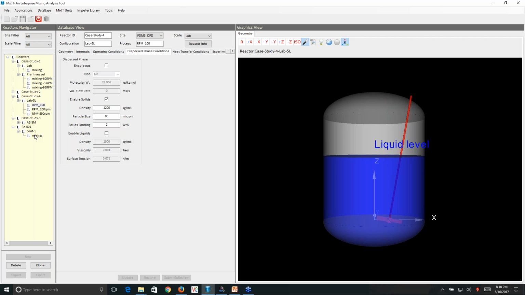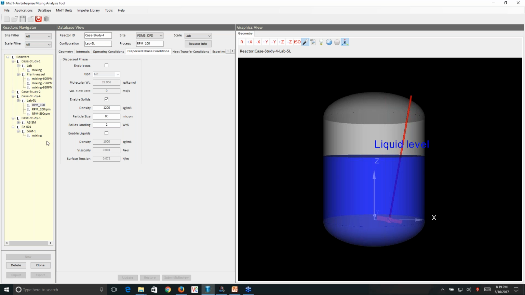Then maybe over a period of time the particle size is changing, so you can do a second analysis at, let's say, a second, higher particle size. So this is how you can do a stepwise analysis and understand different conditions. That is the best method available at present in Mixit, because doing a continuous analysis makes very complex simulations, and the simulation time will be very high to do these complete transient analyses.